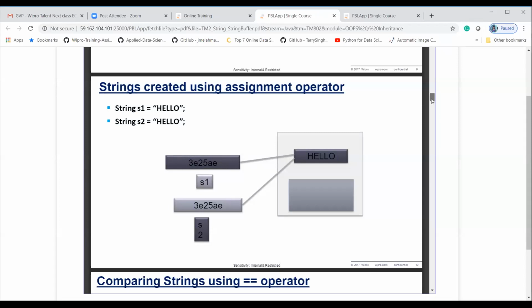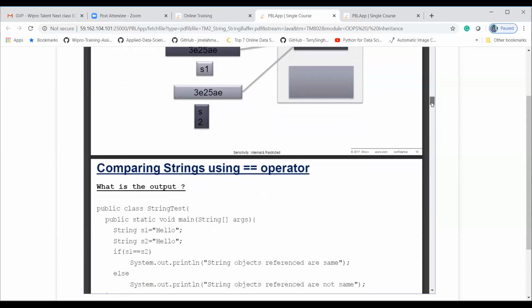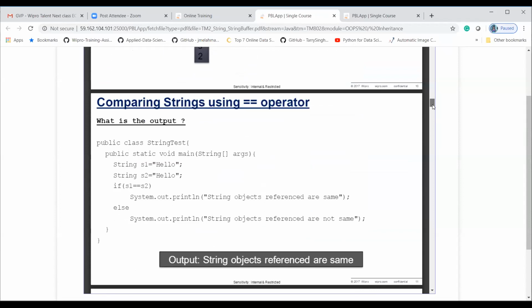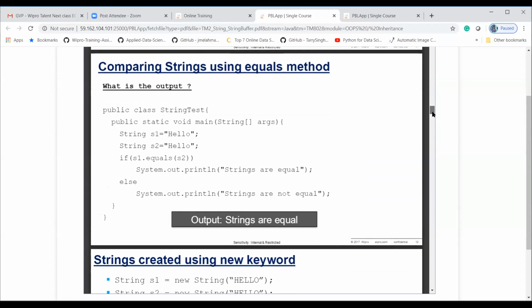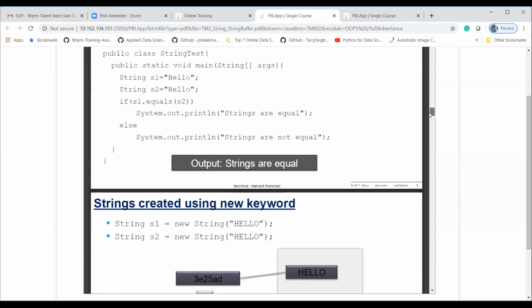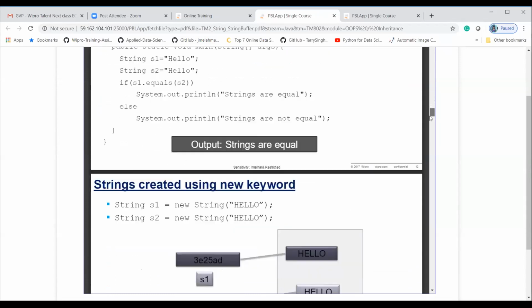When you compare both strings, we can use the equal to operator. Otherwise, we can check each and every character, converting into char arrays and checking by using a for loop.